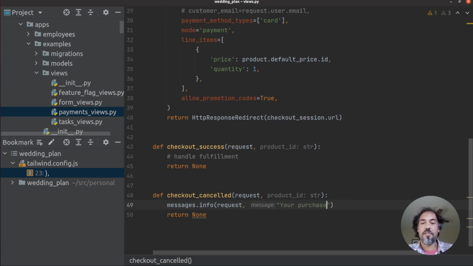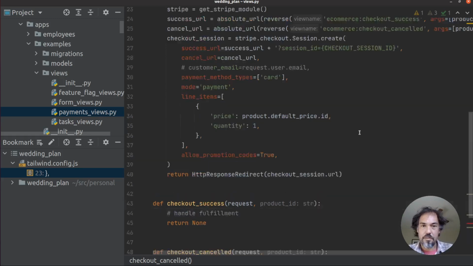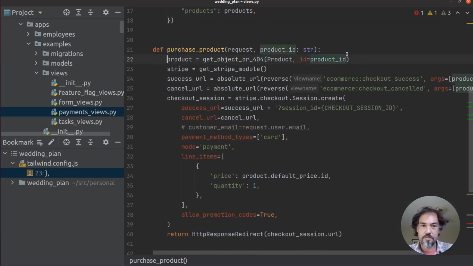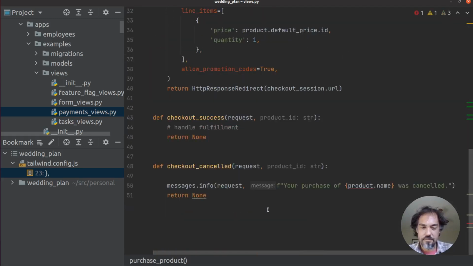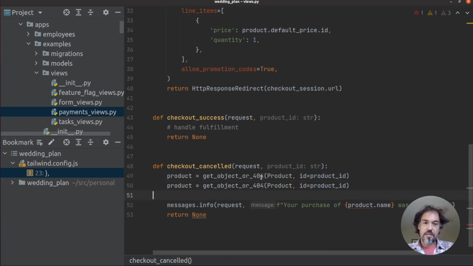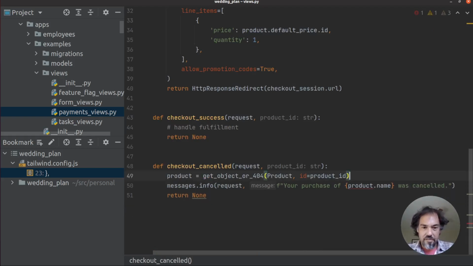Your purchase of product name was canceled. And we need to grab the product. I'll only grab it once, and then we'll do a redirect